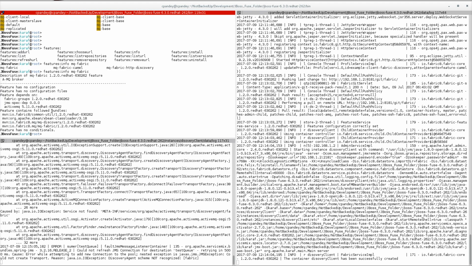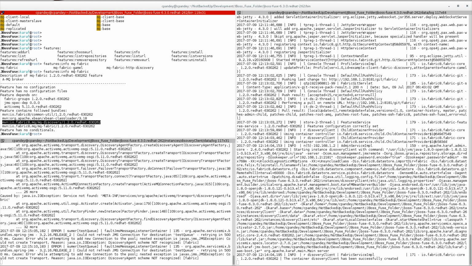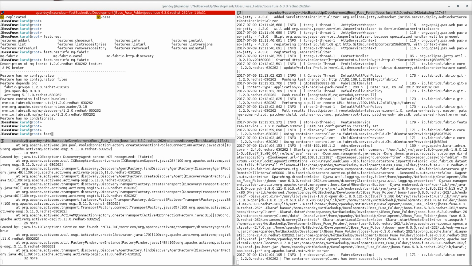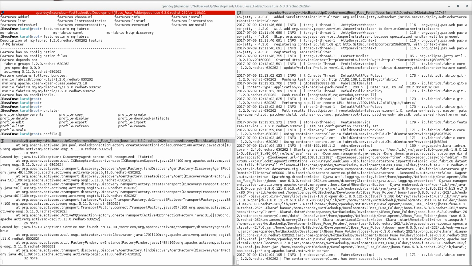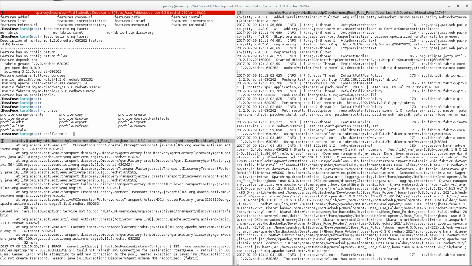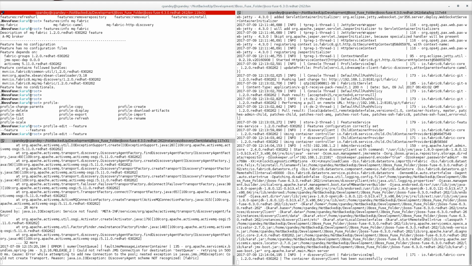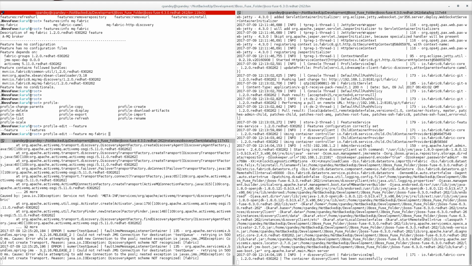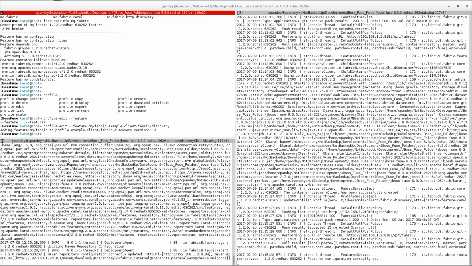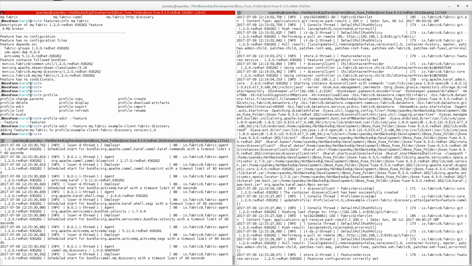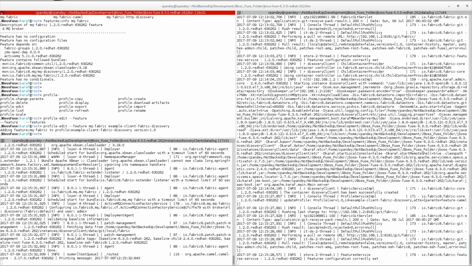Yes, so there is an MQ discovery bundle in the MQ fabric feature. So let us try to add this as well and see. Profile edit, features, MQ fabric example. Yes guys, so we are done. So I should add this as well, so that the MQ discovery feature can be enabled.